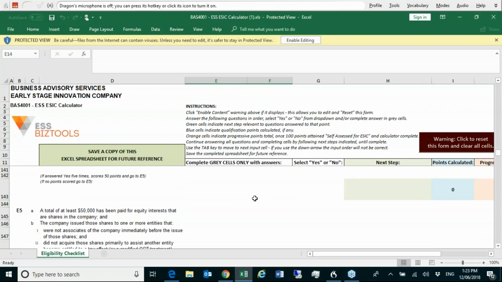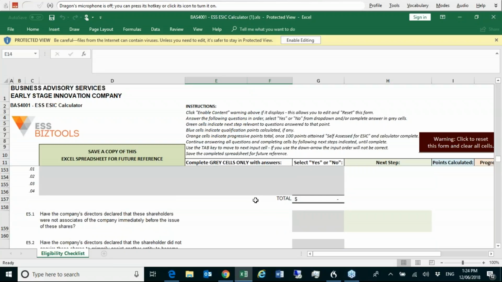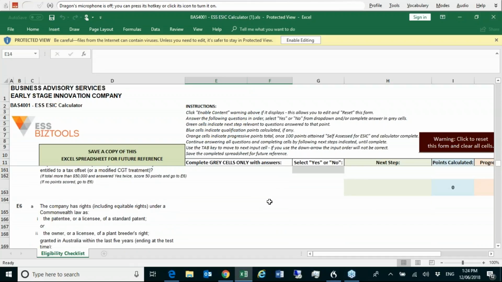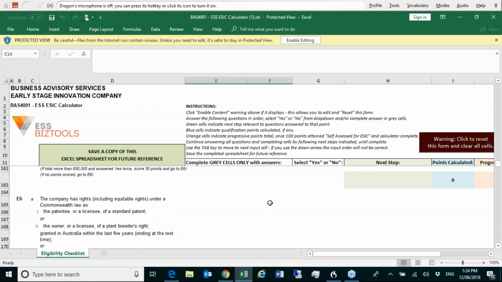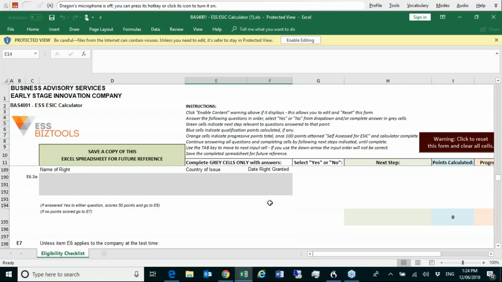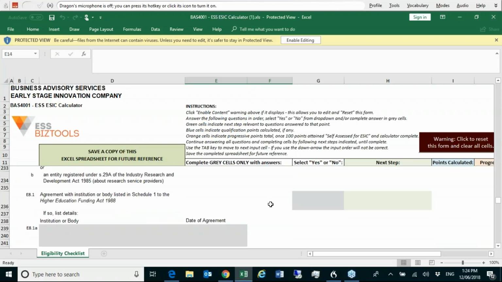And then we're looking at any paid up capital they've got at present, especially if it's over $50,000 from arm's length investors. They can earn points for that. So we're working through, hopefully, to help them accumulate their 100 points, looking at patents and plant breeders' rights and so on. And then you can click through, and if they miss out on all that,